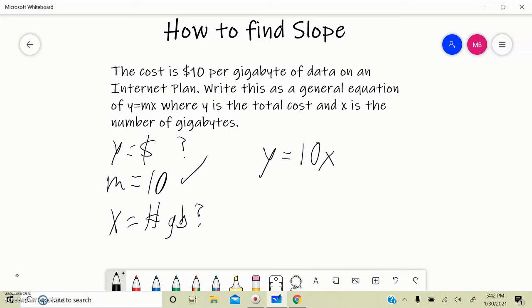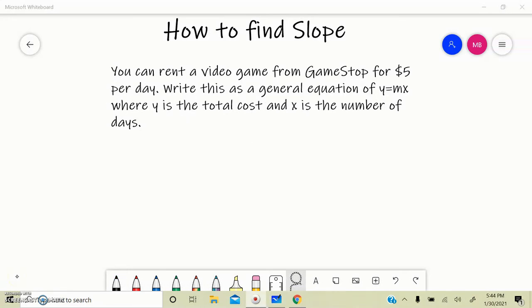So now I can look at this on a graph and see if I wanted to get this many gigabytes, how much it's going to cost me. Let's take a look at one last problem. You can rent a video game from GameStop for $5 per day. Write this as a general equation of y equals mx, where y is the total cost and x is the